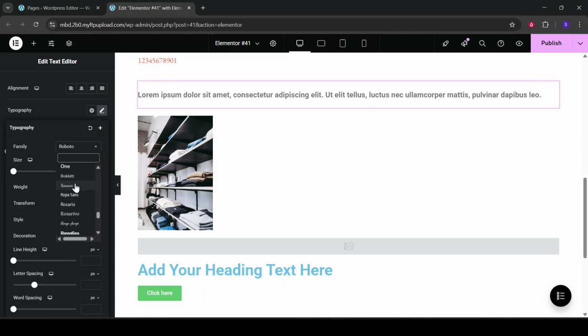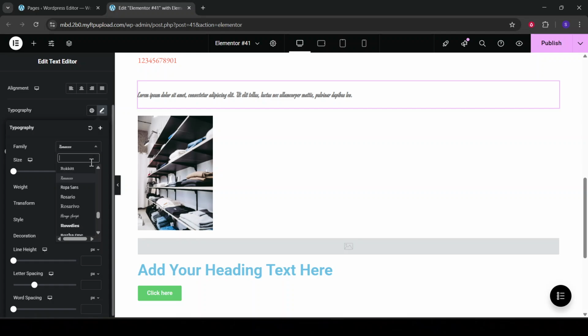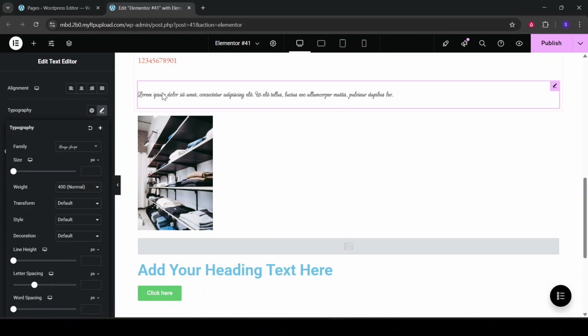Elementor offers a wide variety of fonts to choose from, so take your time to scroll through and find the perfect one for your site's design. As you select a font from the list, your text will update in real time, allowing you to see how it looks immediately. If you want to adjust the font size, locate the size slider just below the font family